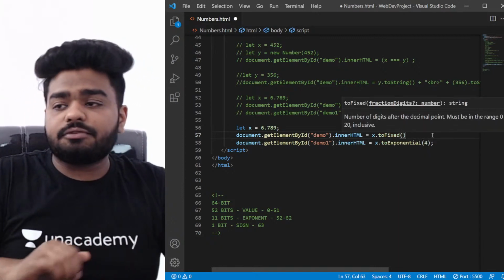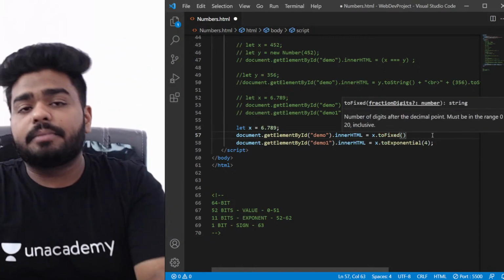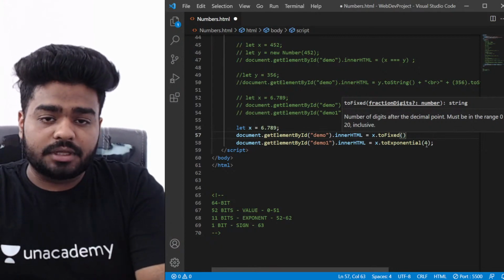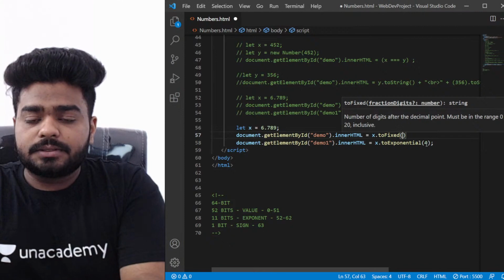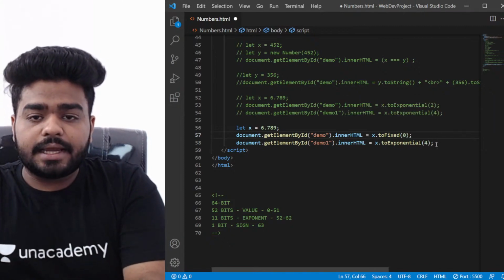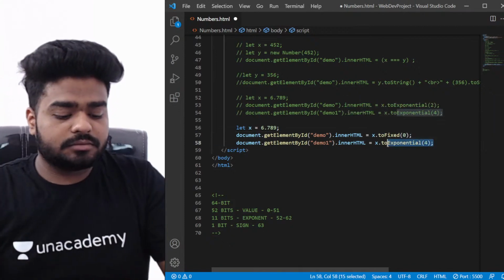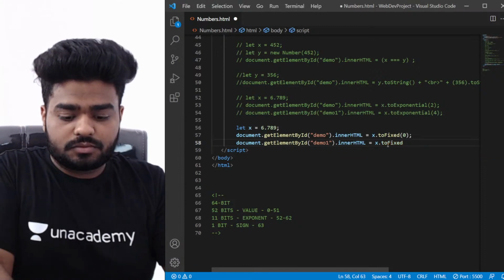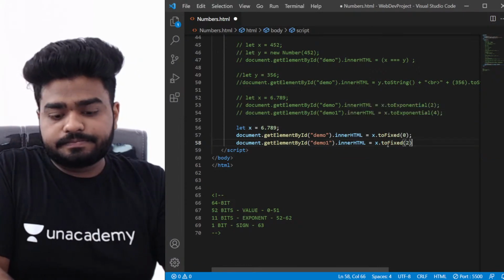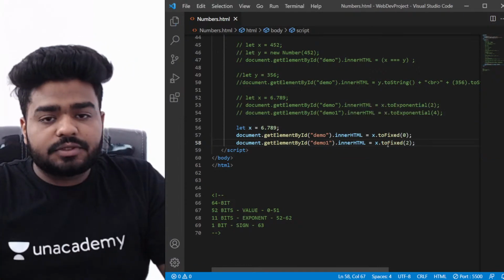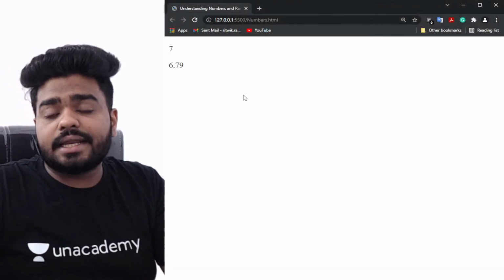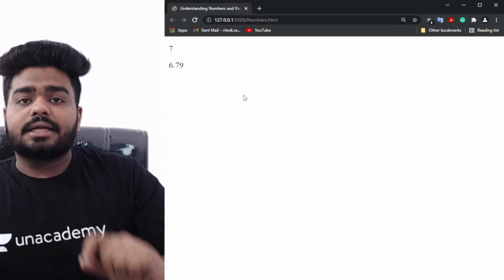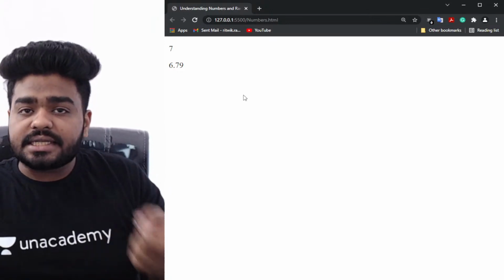toFixed is basically fixing that particular number written with a specified number of decimals. So let's say that I'm writing here 0, and here I'll be writing 2. Okay, let's save this. Let's go back to my browser. So you can see here when I wrote toFixed 0, that means it should fix the decimal to 0